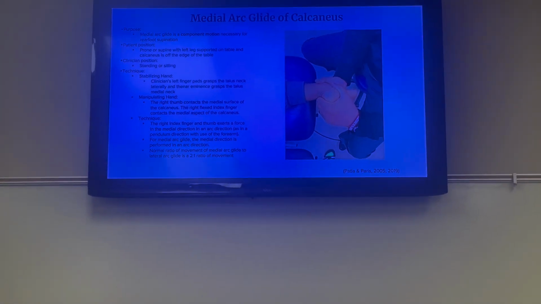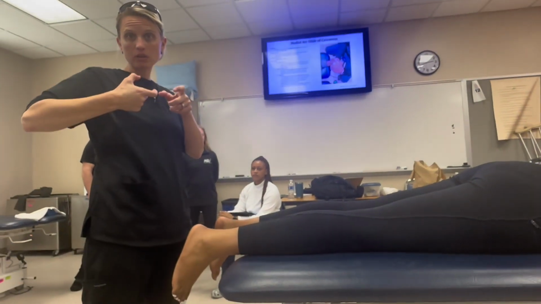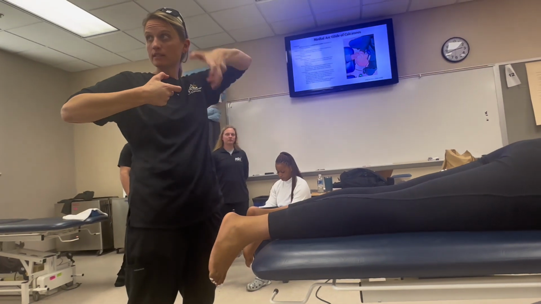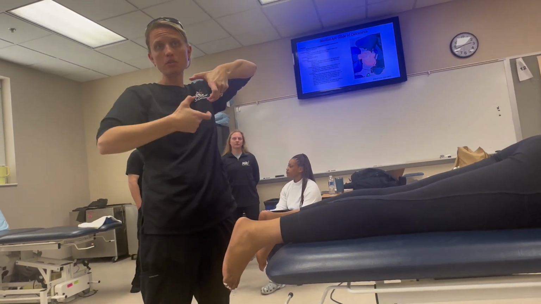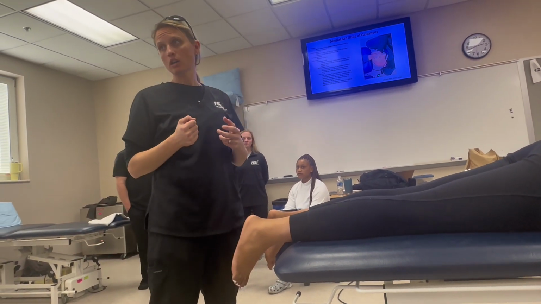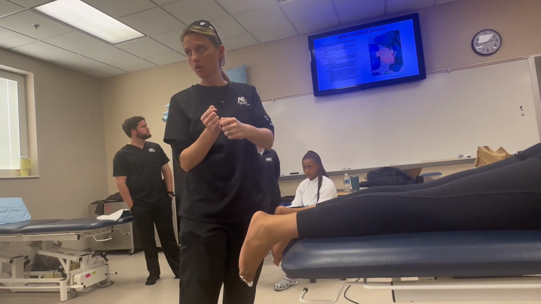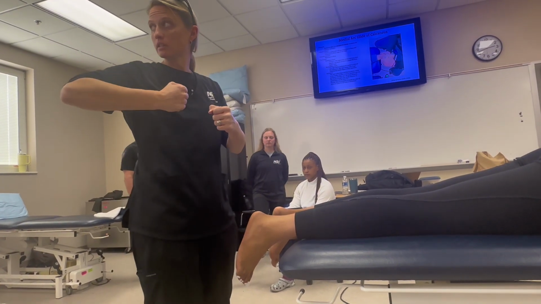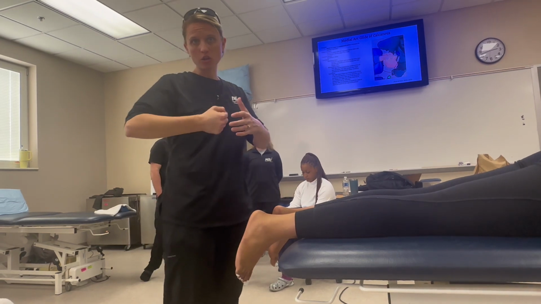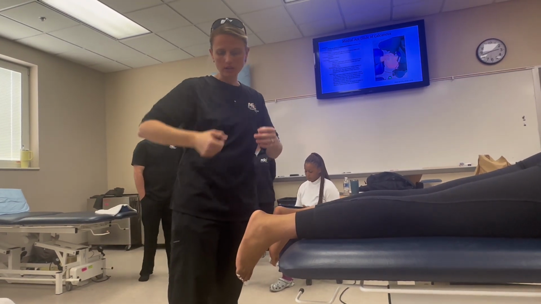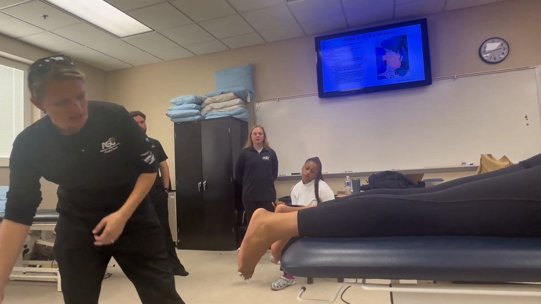So on the last technique, we did a medial and a lateral glide of the talus on the tibia and fibula, and we said it with a 1-to-1 ratio. Calcaneal arc glide is different, okay? We should see twice as much motion with the medial arc glide compared to the lateral arc glide. So it's a 2-to-1 ratio, medial arc glide to lateral arc glide, okay? And that's significant because we're